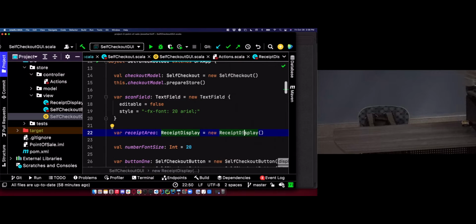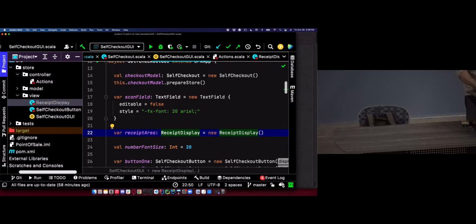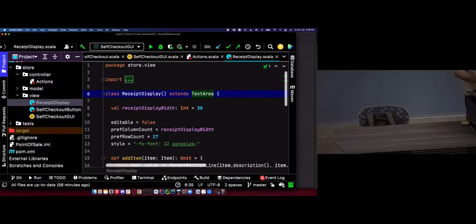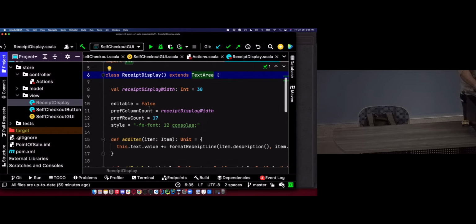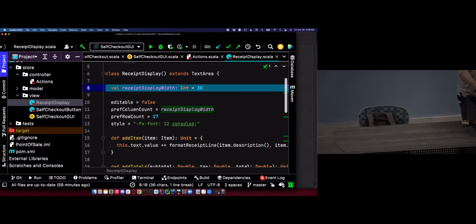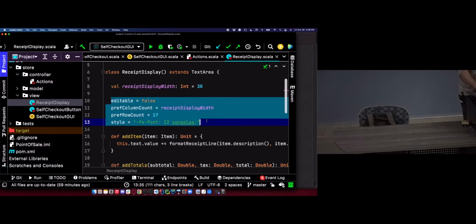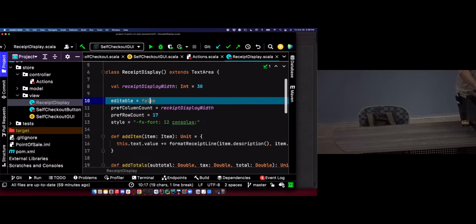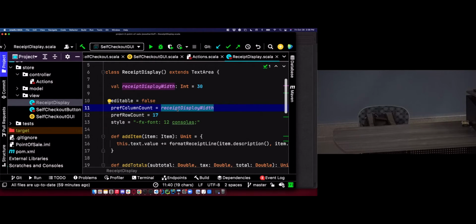This is going to be a text area, but I have quite a bit of functionality I want to add to the receipt area, and I don't want to jam it all in initializer code. So this is a class that I wrote that's going to extend text area. I want all the state and behavior, all the functionality of a text area, but I want to add some functionality onto that. So I'm going to extend it and then add my own functionality. I'm adding a state variable here, changing some of the existing state variables. I don't want it to be edited. I want to control its width and height,